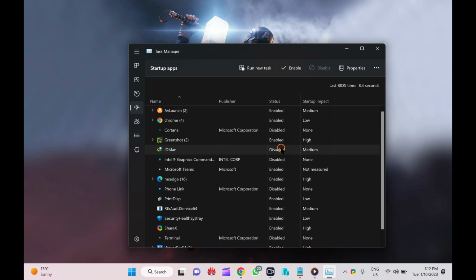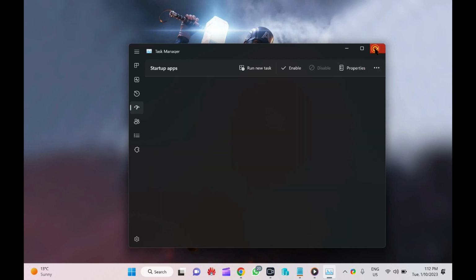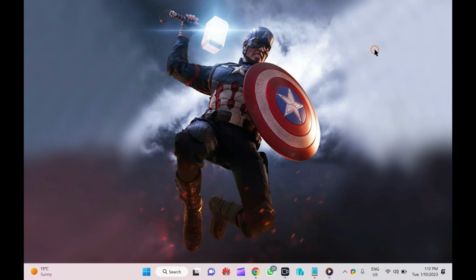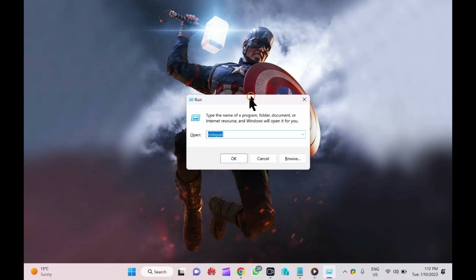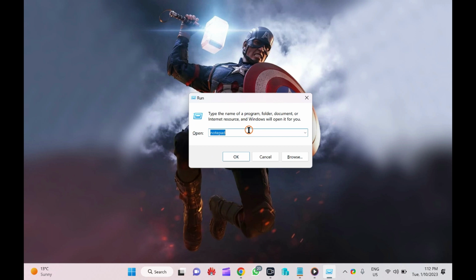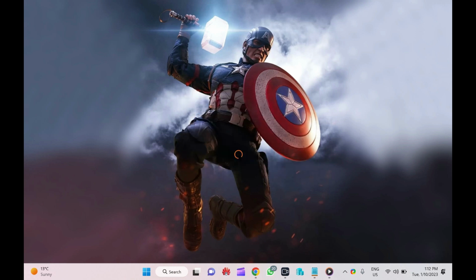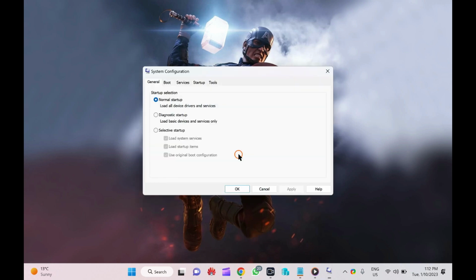Next, you can do it through Microsoft System Configuration. For that, press Windows and R keys on your keyboard to open the Run dialog box. Here type msconfig and click OK to open the System Configuration window.